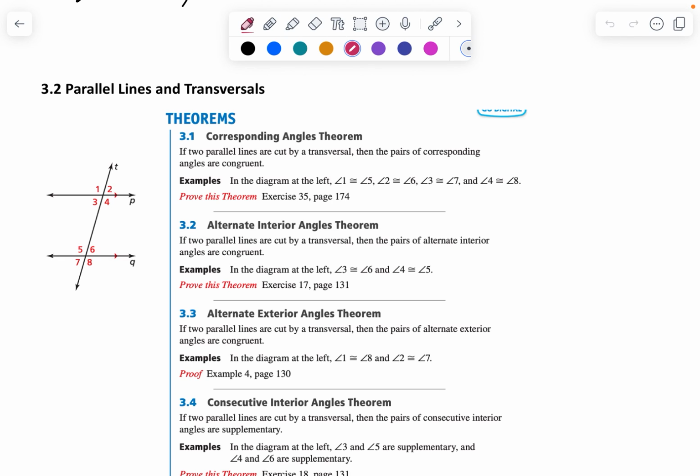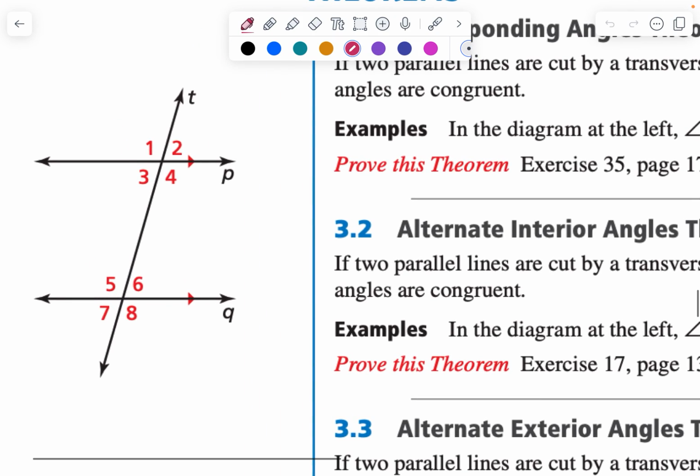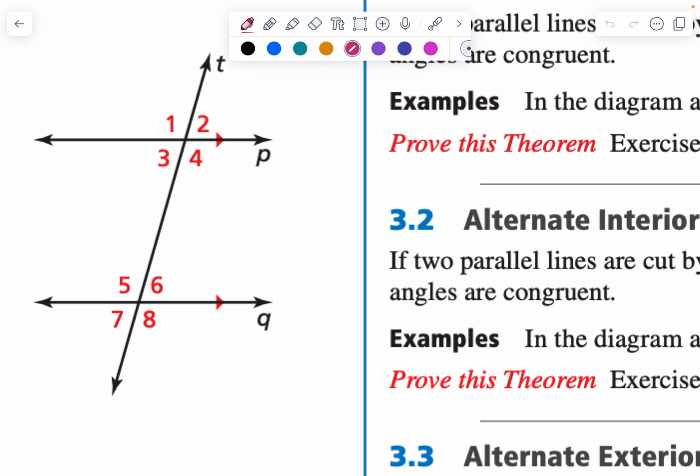We are going to build on what we learned in 3.1, that is all of those angle relationships, and now put them to the situation where we have parallel lines, two parallel lines with a transversal. And so we can see here, we have a pair of parallel lines with a transversal. Instead of using all of these measurements, these numbered angles, let's suppose I said this